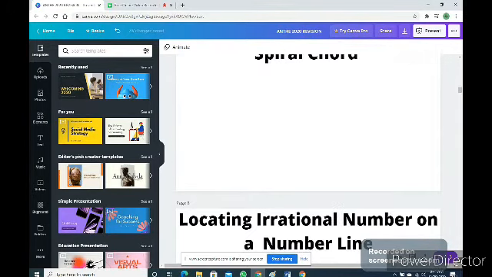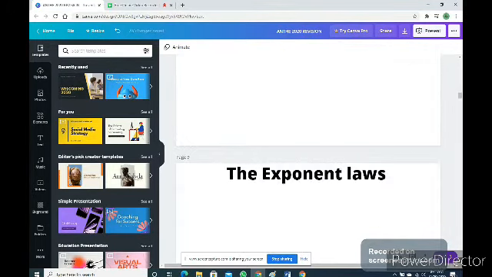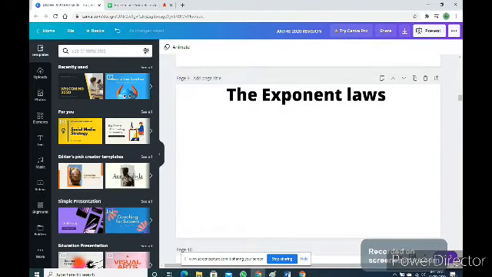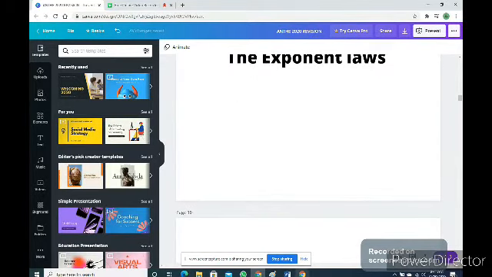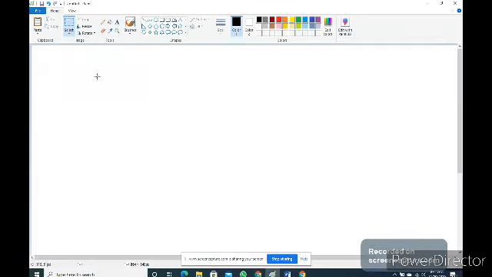The spiral chord and irrational number on a number line is deleted currently. Let's see the exponent laws. Okay, so when you are given